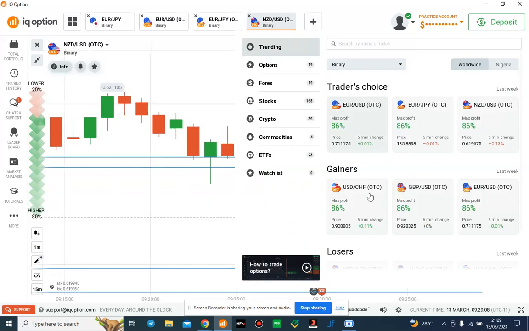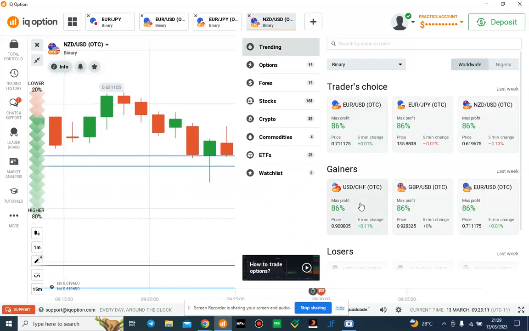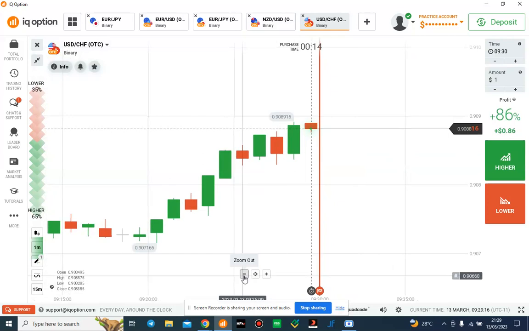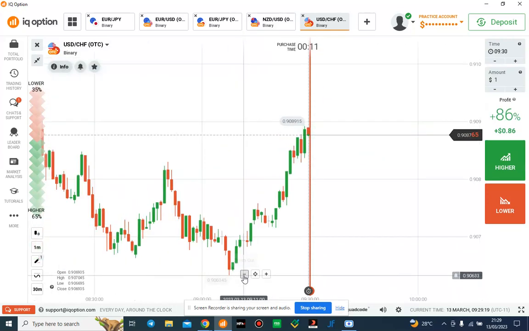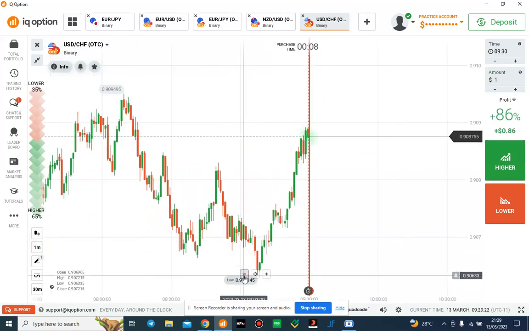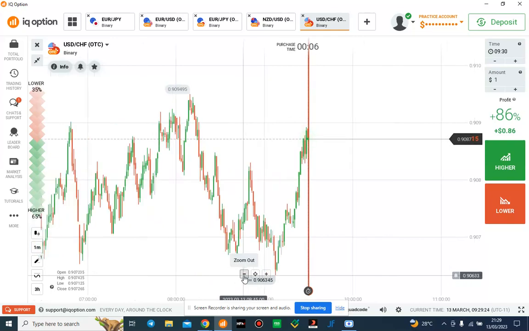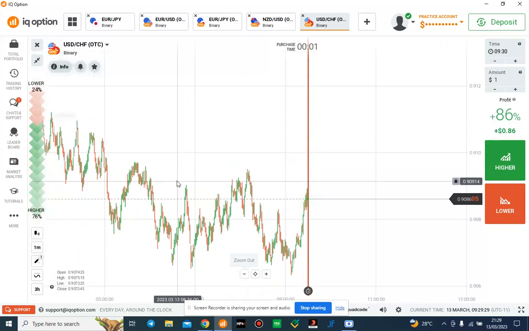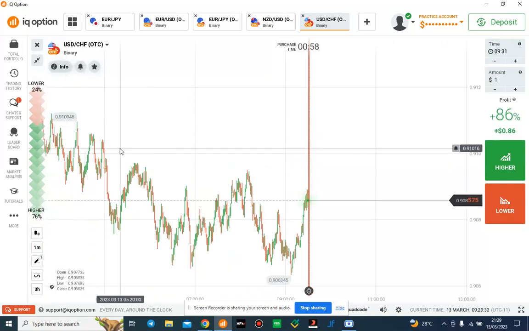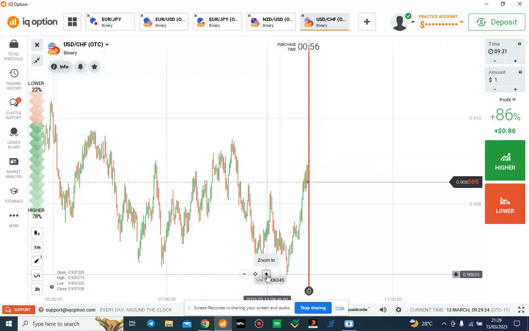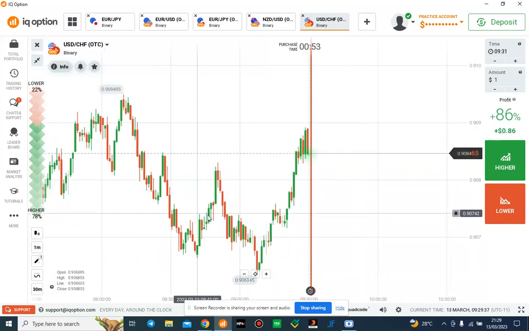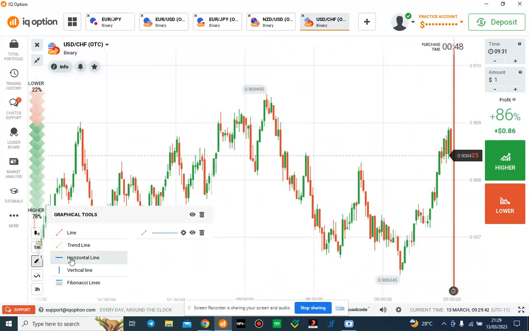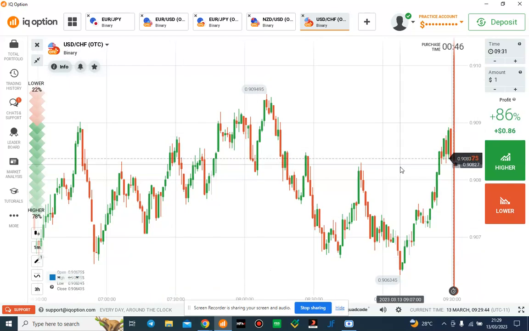Let's see some more examples. Okay, here this is also a ranging market, not a trendy market, but the overall trend is down. But according to the current price movement, it's a ranging market. So how do you trade a ranging market? Look for SNR flipped or RS flipped. So we are looking for